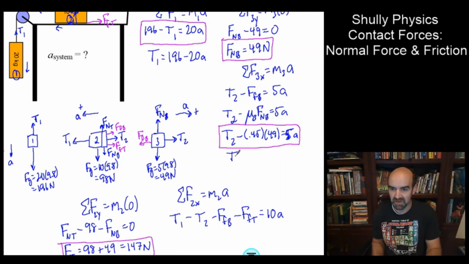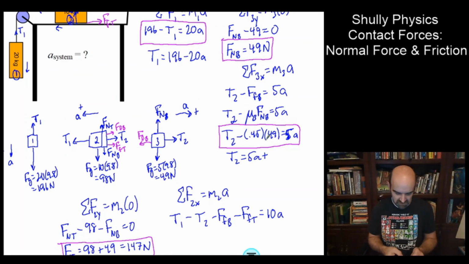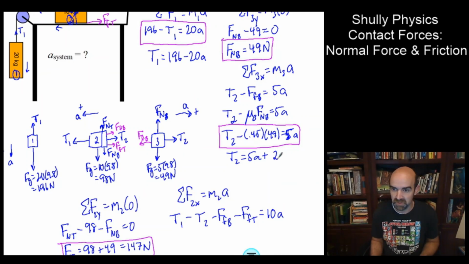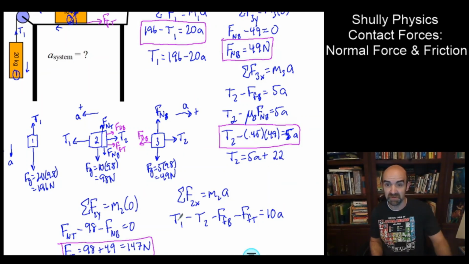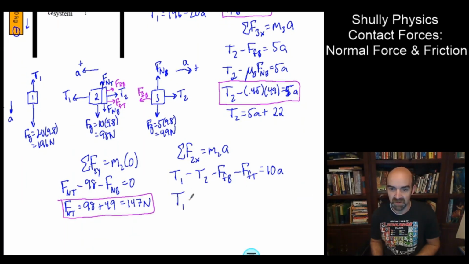And over here, we're going to have T2 being equal to 5A plus 0.45 times 49. So 49 times 0.45, not 245, 0.45. There we go, 22.05. I'll just call it 22, plus 22. Okay, so that's T2. You see we have a T1 in terms of A, and a T2 in terms of A. So those will be helpful. But before we plug those in and make a bigger mess before we clean it up,